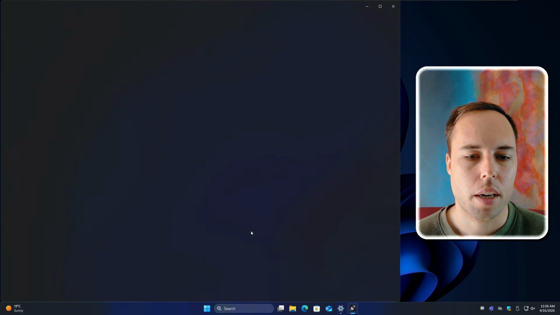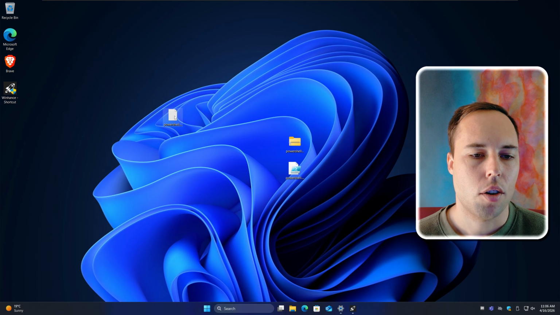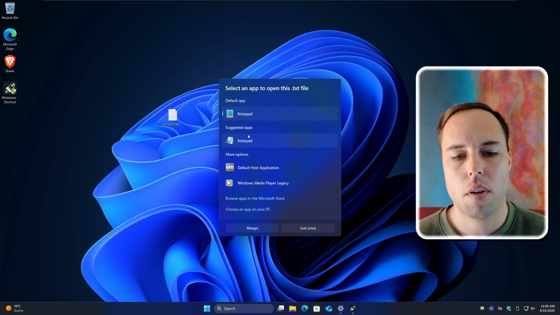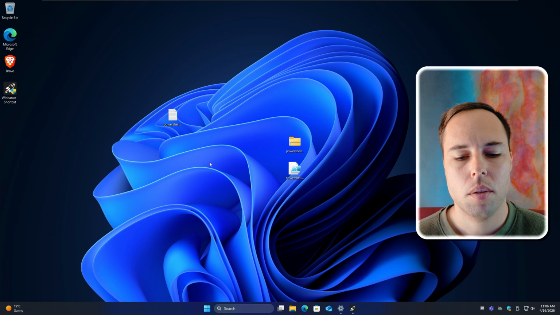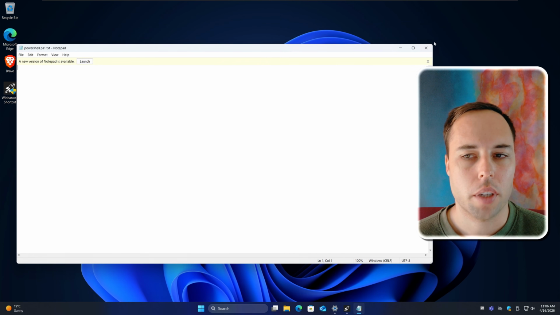So with this tweak in WinHance, if you set this to on and you want to use the legacy notepad for text files and you double click on those files, it'll then give you an option to select which notepad you want to use for this text file. You can then select the old one, click on always, and then you'll have access to the old notepad in Windows 11 for your text files.